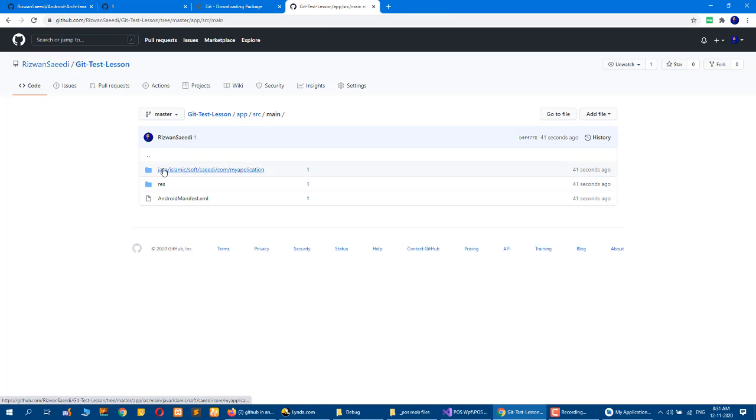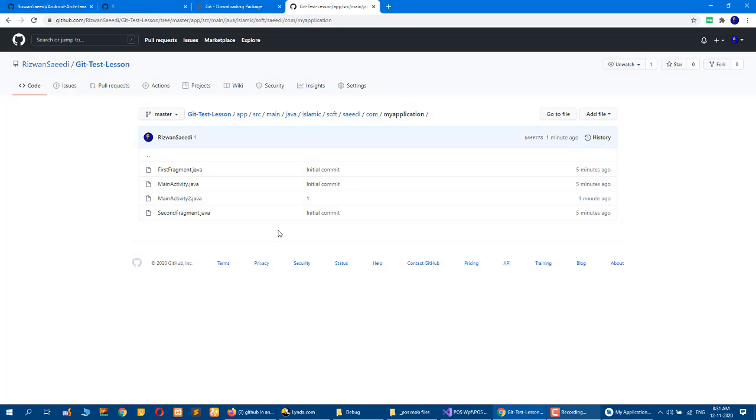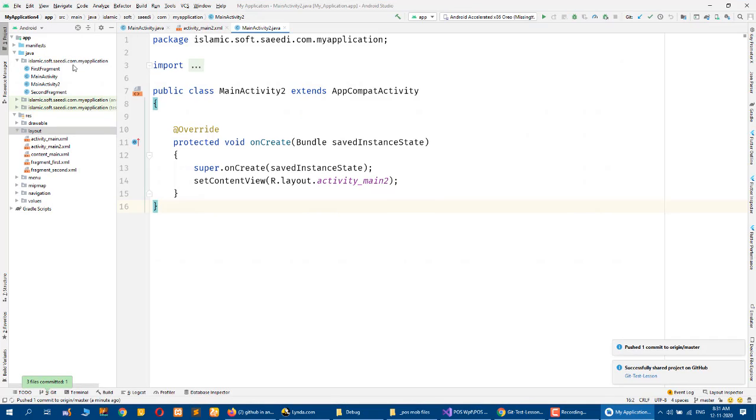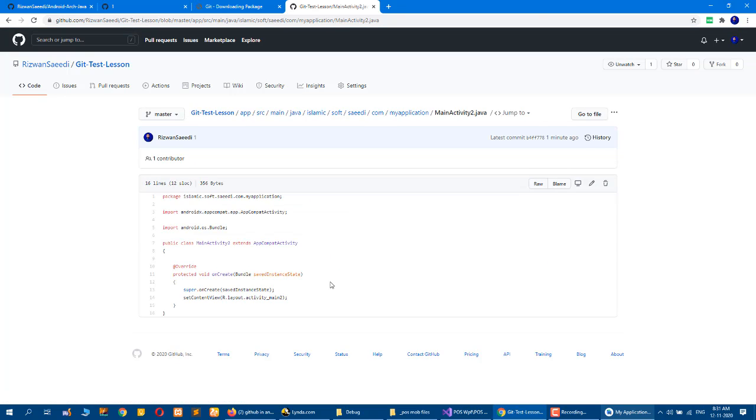So you can see that you have a main activity. Let's refresh it. Main activity 2. So this is the main activity 2 that we have created in the Android Studio